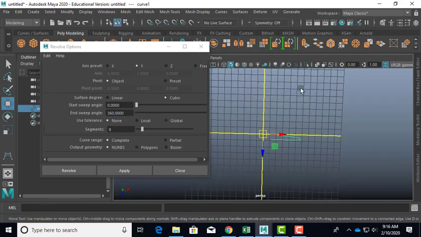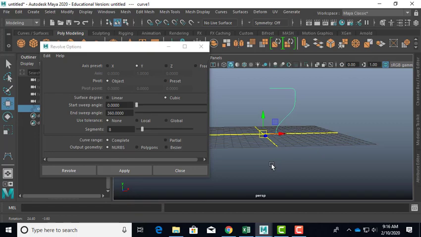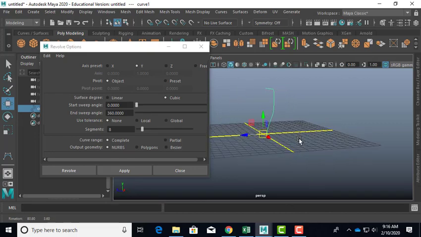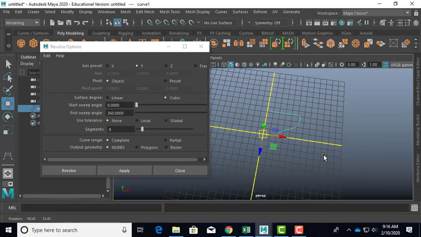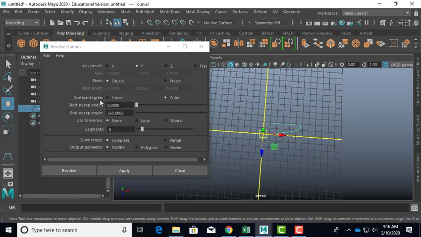Does that make sense? Not this way, not around this way, and not around this way, but this way. And I can say, how much am I going to revolve? I'm going to revolve 360 degrees. So imagine this is like creating a, if you ever had a dowel rod and you put it on, what is it, a lathe,